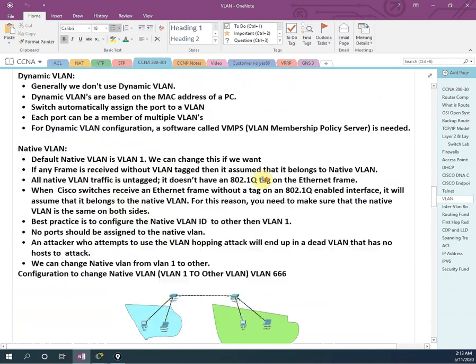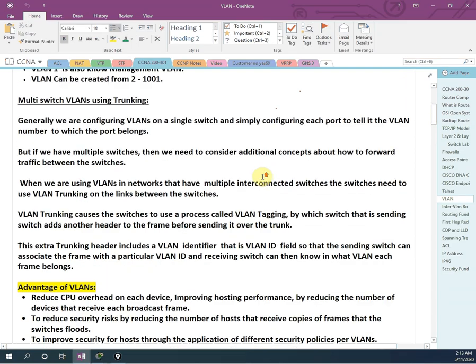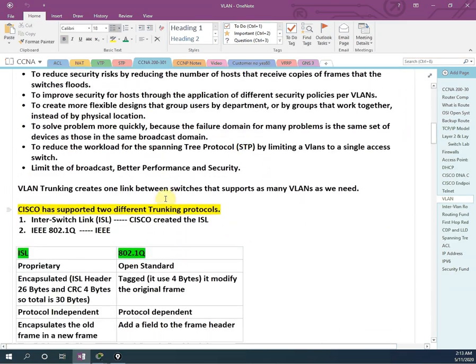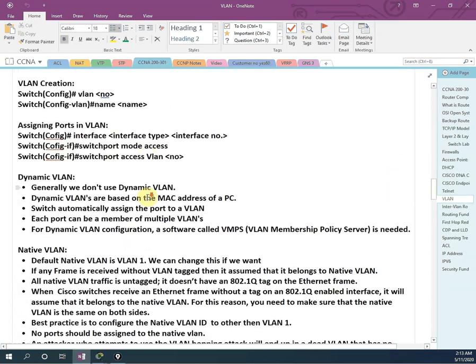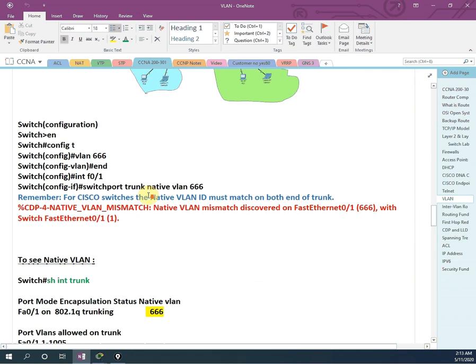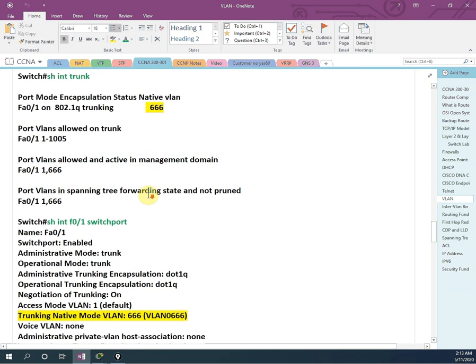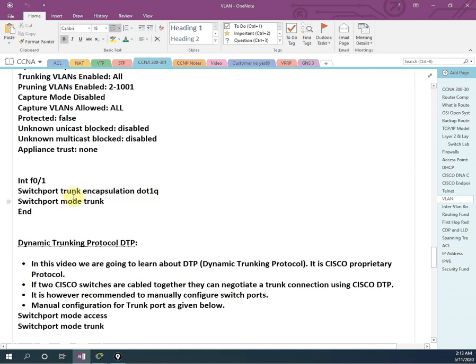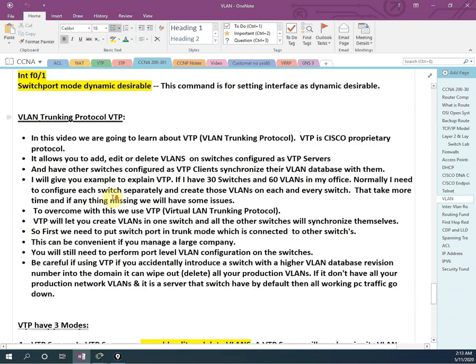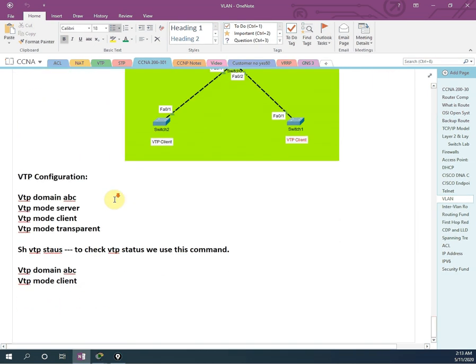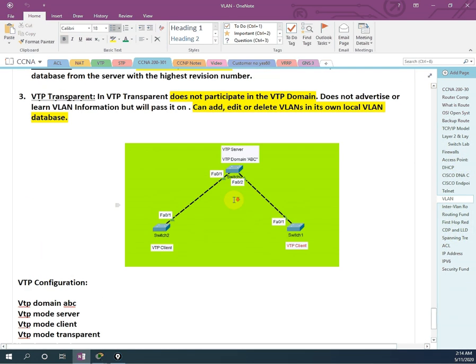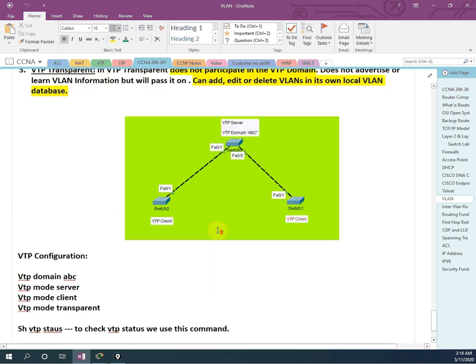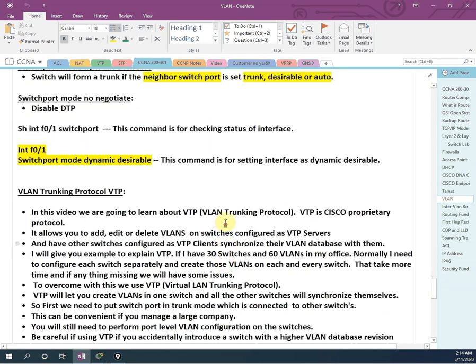Actually, the concept which we are learning is port security, but if you want, I will show you also how to create the VLAN. Before, we did some lab, let me open that lab so it will be very easy for you. Where is it? This port to put in trunk, and this is DTP. I have a VLAN lab somewhere, maybe in the notepad, but anyhow, no problem. This is VTP client, VTP database.